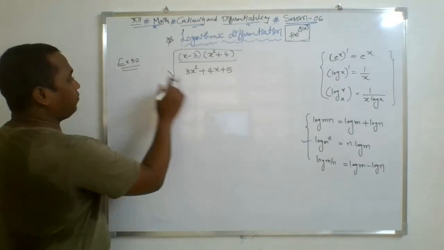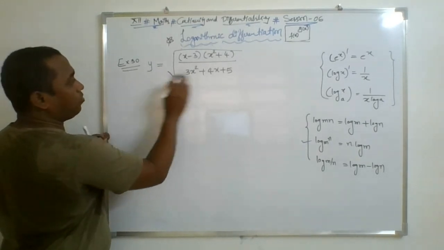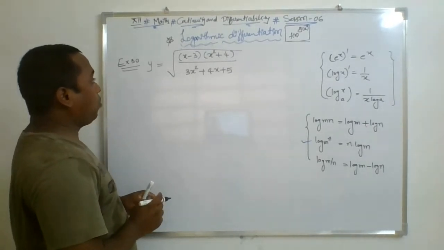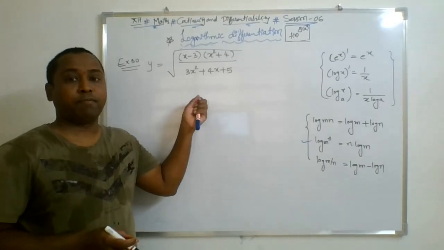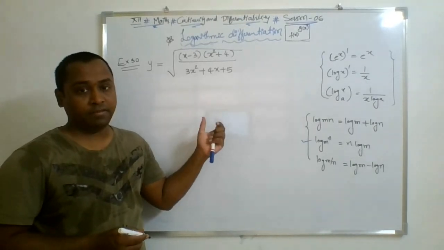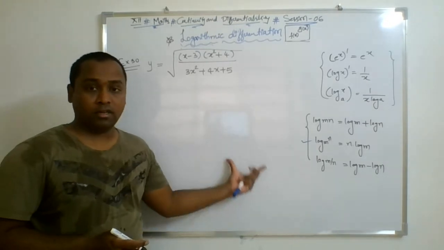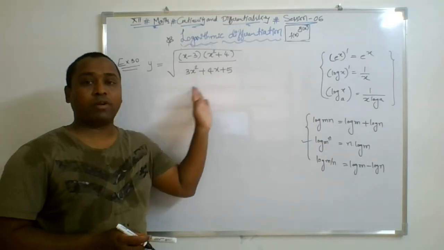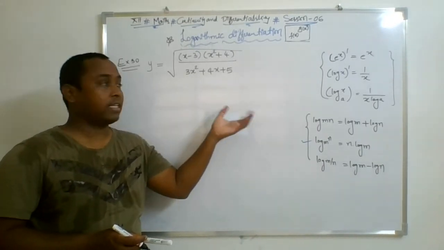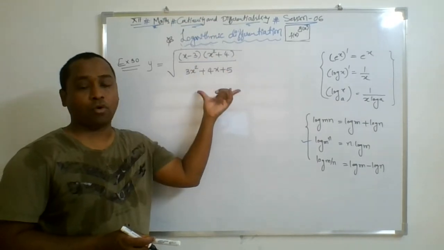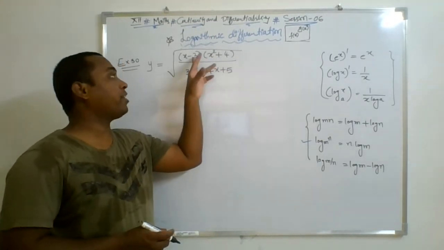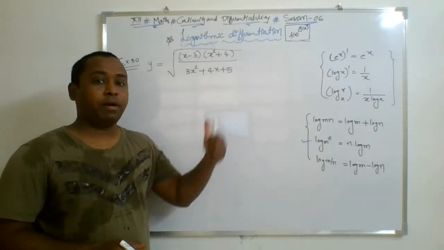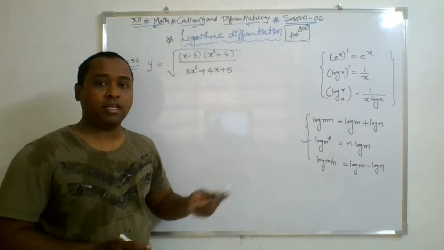Now to differentiate this, first we'll let the function be equal to y, the given function. If you go with the simple method, it becomes so difficult to do the derivative and so difficult to get the simplified answer. You may start with root x, so root x means 1 by 2 root x, and the chain rule says again the next derivative will be in the form of a quotient. In that quotient you are going to get the product rule. So it becomes a tedious function. But if we go with the logarithmic differentiation, it's so simple.